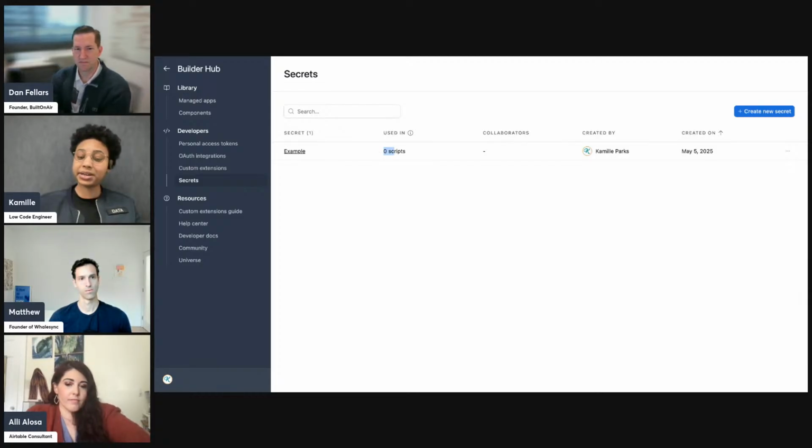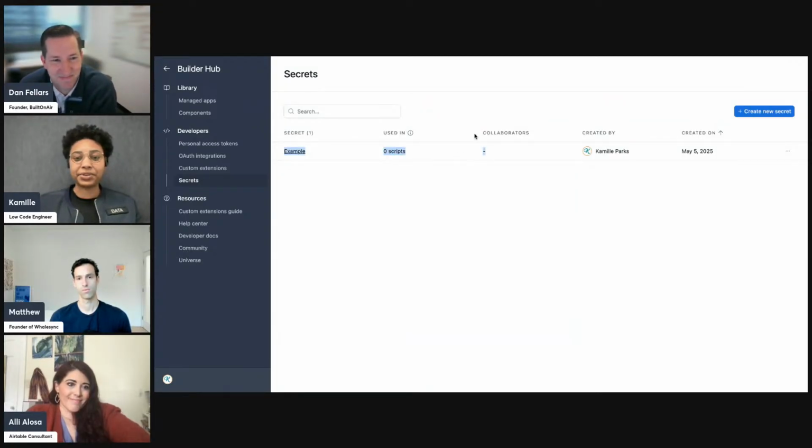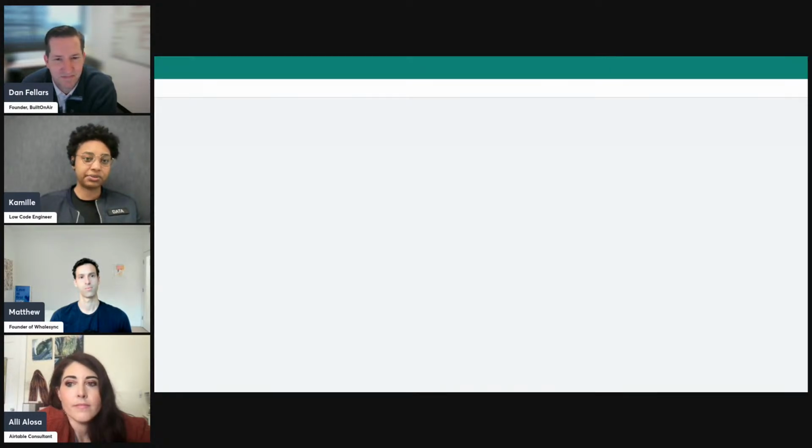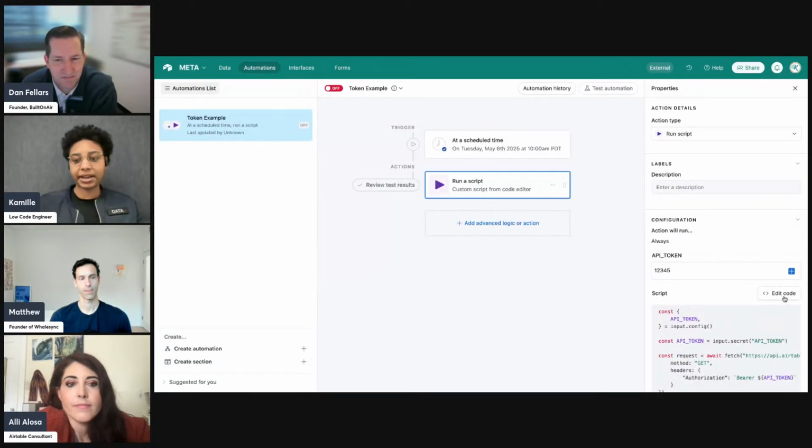You can't see which scripts those are, but you can see the number, which I guess is useful. Collaborators: if you are on an enterprise plan and can use groups, you can share the secret with more than one person rather than just yourself, which is handy if you're part of a developer team. But going back to my